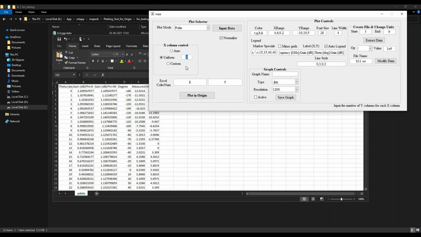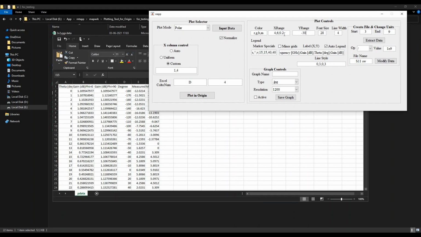Or you can use this uniform mode too, with two y columns per each x, or you can specify the x columns 1 and 4. Since D maps to the 4th column, you need to input the 4 as the x column input, and RGB magenta.